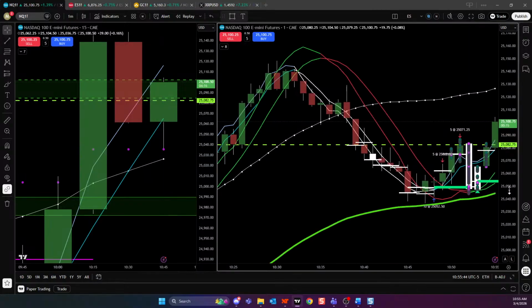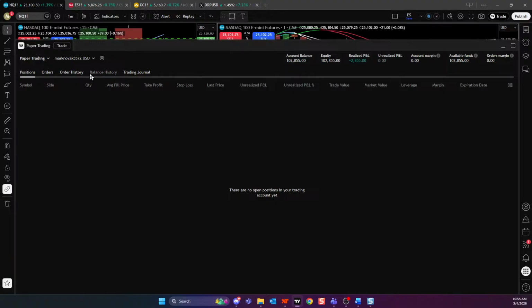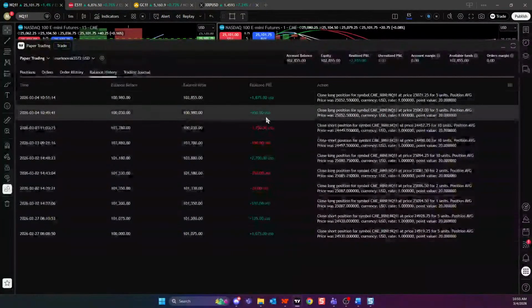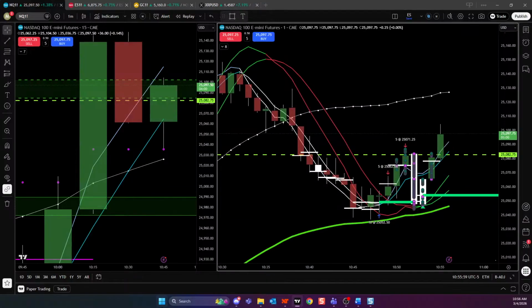I mean, that was a 10 lot, right? Obviously, most of us aren't trading 10 lots. Some of you might be. But that was a $2,800 trade on a 10 lot. Most of you are trading